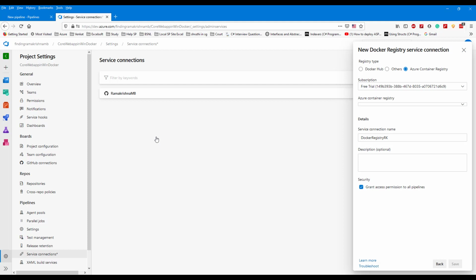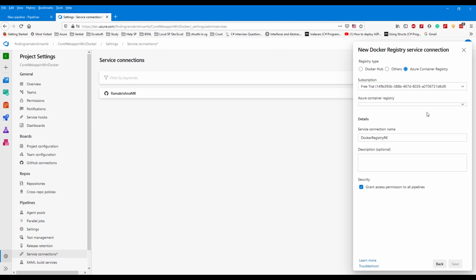Using that Azure Container Registry, we'll build an app service. To give access to push an image to this Azure Container Registry, we need to give permission. The way we can give permission is through this service connection type.